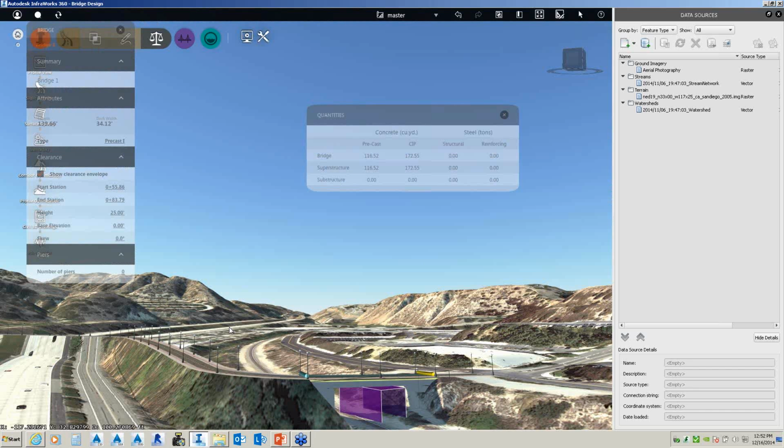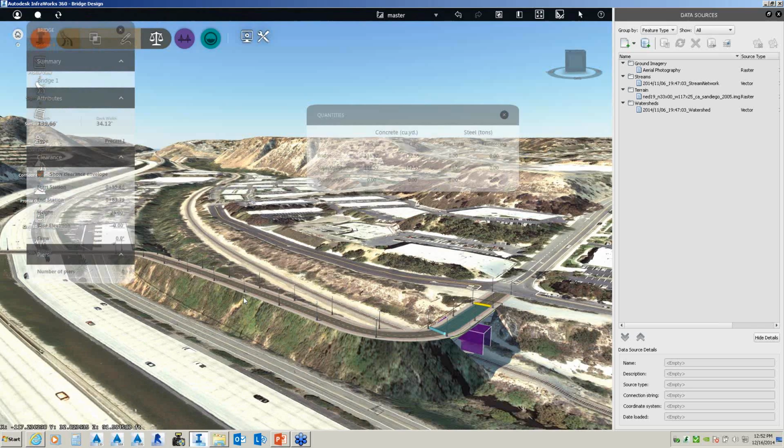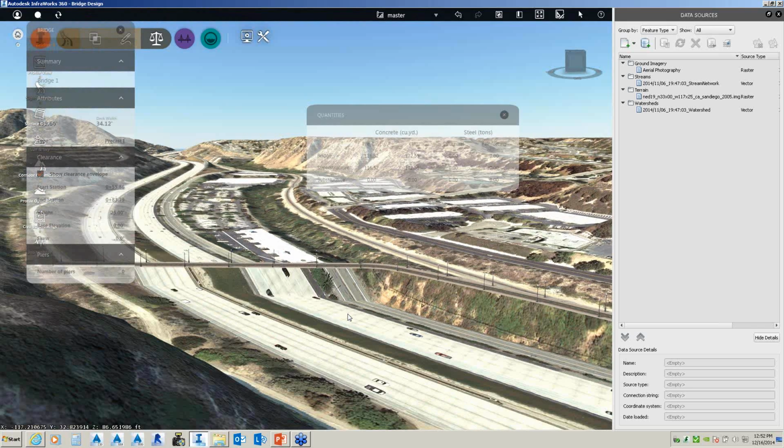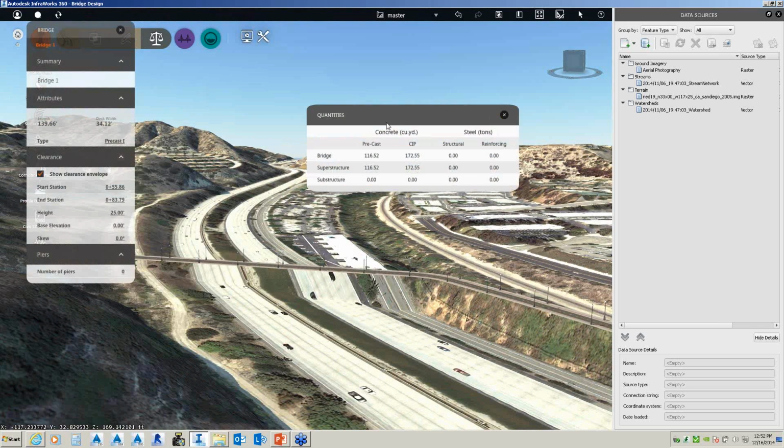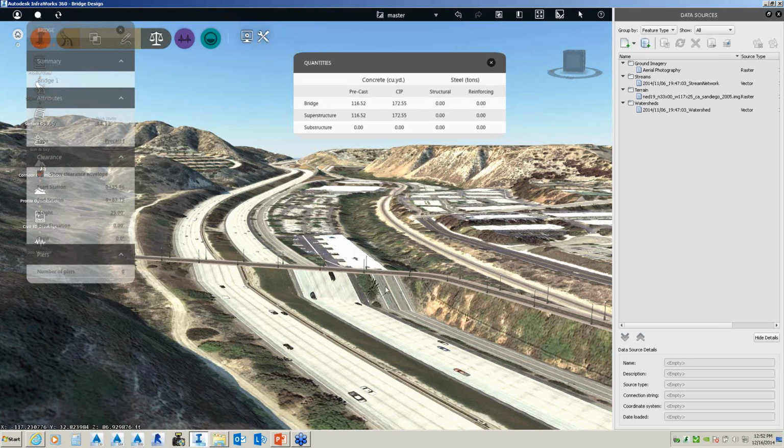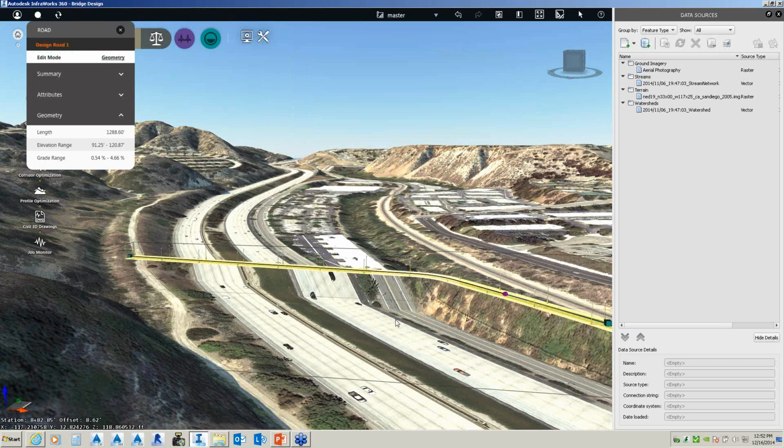Then I'm going to move along because we need to address the road coming across the highway. I'm going to leave this data card open, and I'm just going to pick on my road and right click, and select add a bridge. And then for my bridge over here, we'll pull this to this point.